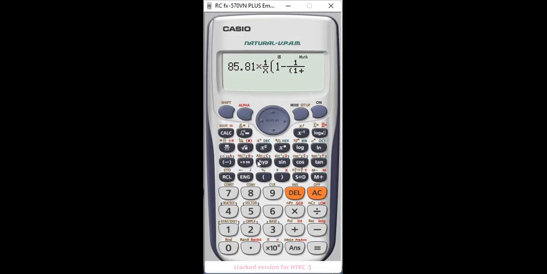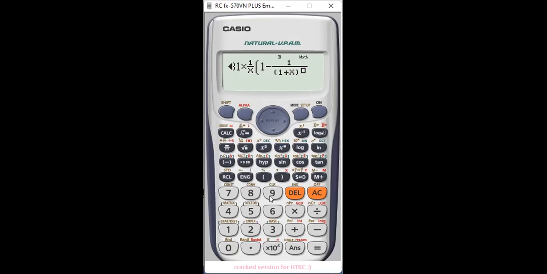Again we have to find out the YTM, and for writing down the YTM it is equivalent to x. Why? Because it is the unknown variable that we have to trace the value of. For this we press the alpha button, then we press the close bracket. See, x is coming in the calculator. Then we close the bracket again. Then we mark the power sign. Power sign is here. x raised to the power.